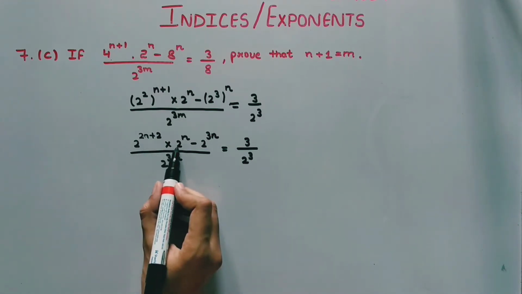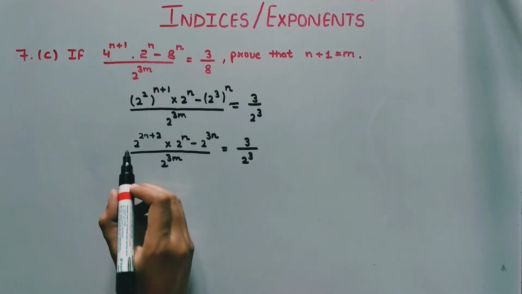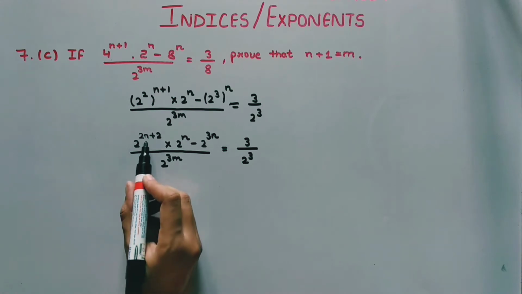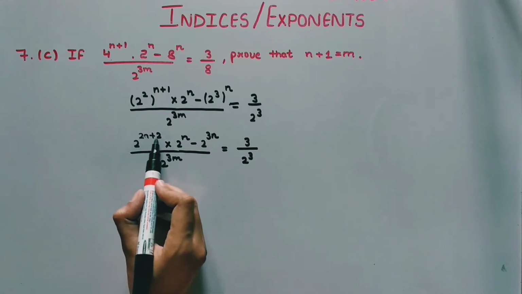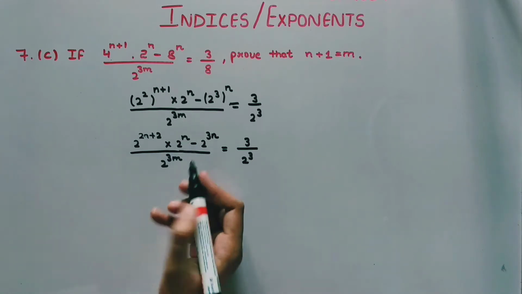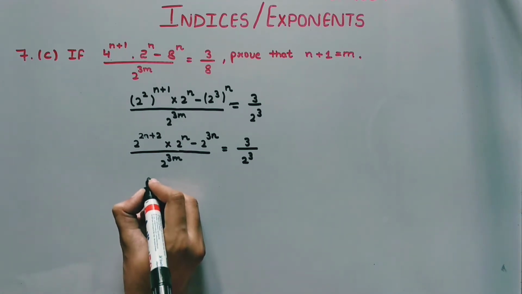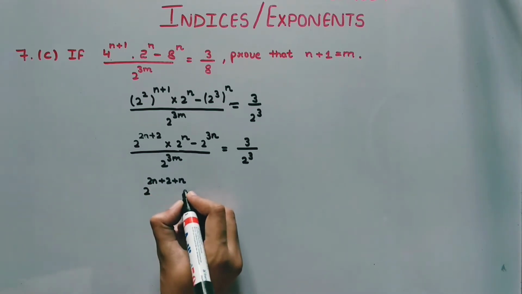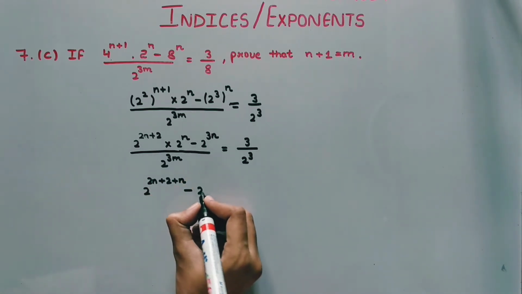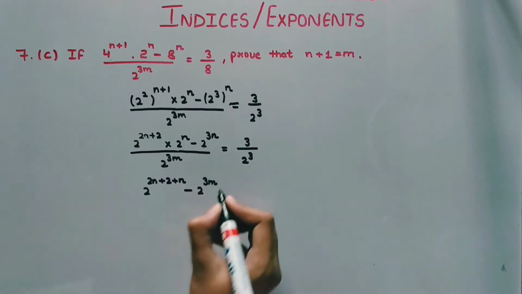Now we will multiply these both. We know coefficients are similar, 2 and 2, hence these powers will get added: 2 raised to power 2n plus 2 plus n, minus 2 raised to power 3n